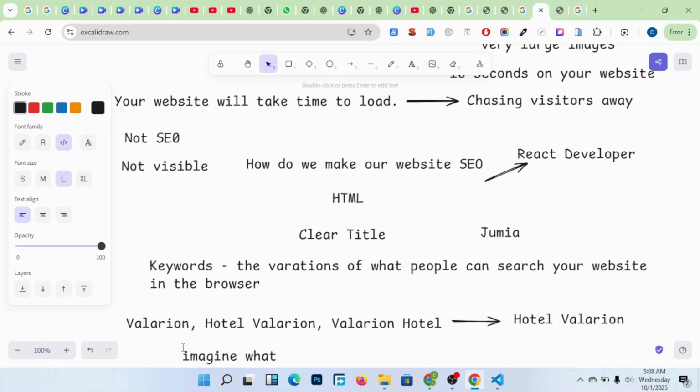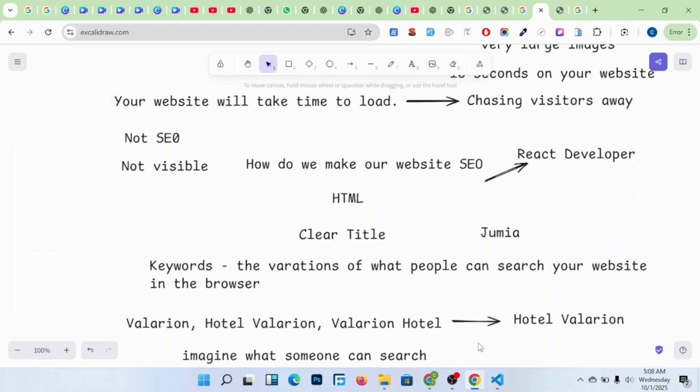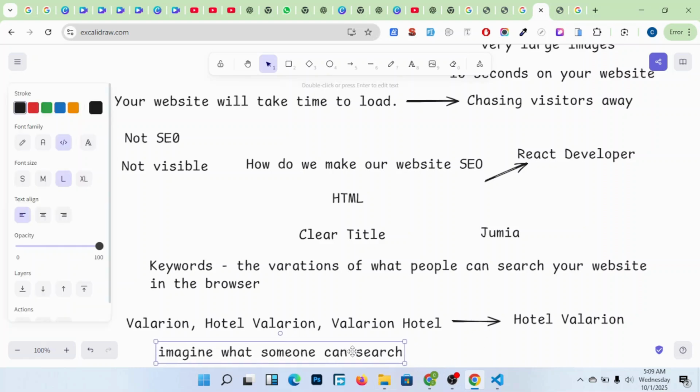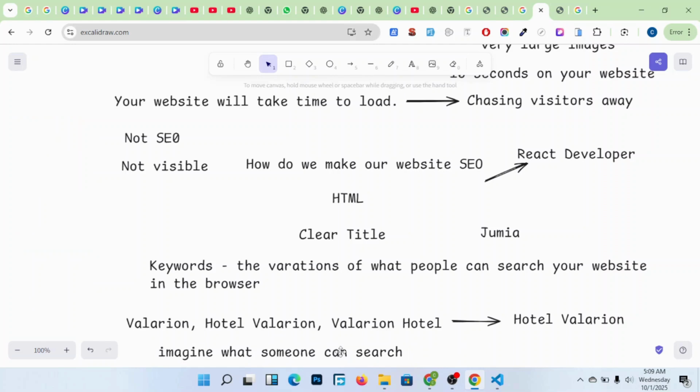Imagine what someone can search in Google. Then use all those small variations, all those keywords, and those are the ones that you put there. They're going to lead us to one thing, Hotel Valerion.